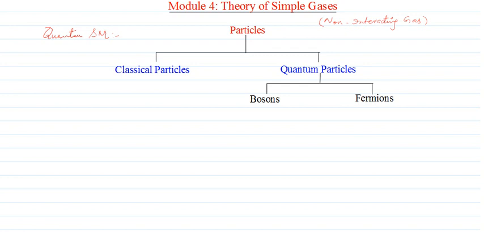So the same formalism or the same assumption we are going to continue in the discussion of quantum systems as well, like fermions and bosons, right? And we are going to treat the quantum particles also as a system of non-interacting gas. Means bosons do not interact between themselves, or fermions do not interact between themselves. Okay, so we actually are doing an oversimplification of the reality, but later this oversimplification can be justified under certain